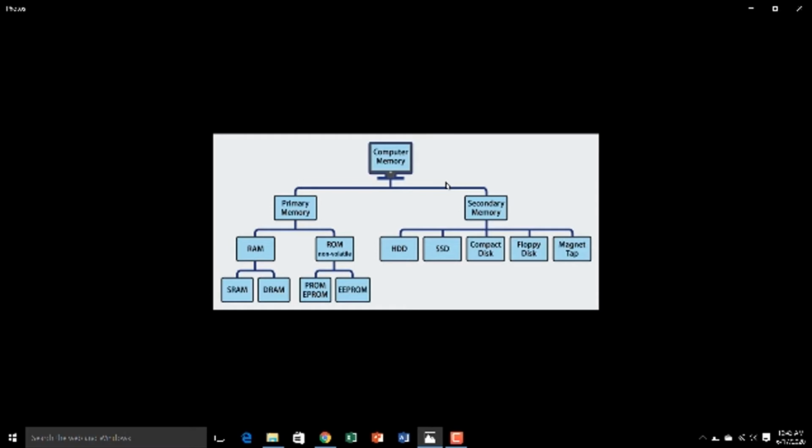So we are going to finish this chapter, and I will send the exercise: fill in the blanks, match the following, true or false, some MCQs and question answers. I will send the images or a PDF. Write down the exercise, first the fill in the blanks, in your computer notebook. Understand? So our first chapter is over.